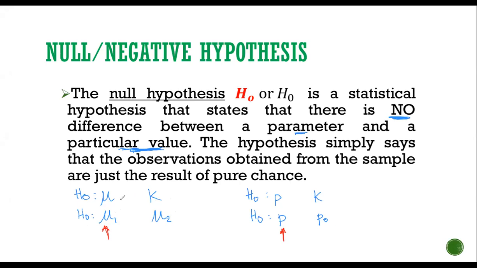Okay? Pero para mas klaro, we use another variable na lang, which is your K. Just like your population mean here, pwede rin namang i-represent ang population proportion as like this. P and then P sub 0. Kung sa ibang books, yun yung makikita ninyo, huwag kayong ma-confuse. So yung mu nyo dito, mu sub 0, ay mu sub 2, and then your P sub 0, this is just your particular value na hindi natin alam kung ano yan. Okay? Malalaman lang natin pag alam natin yung problem later on.